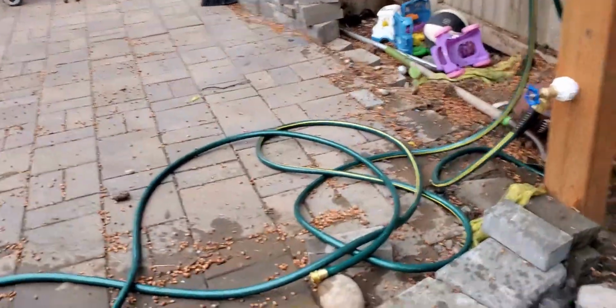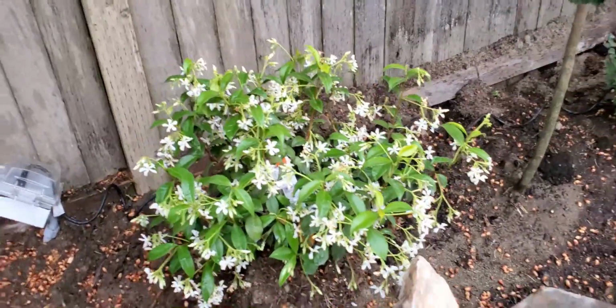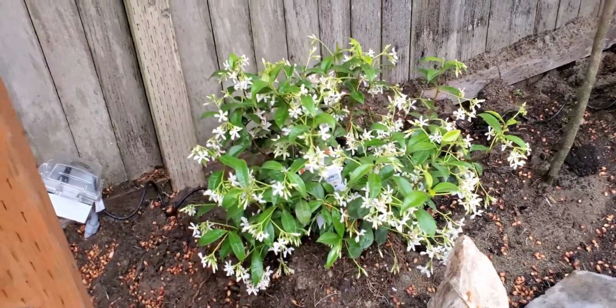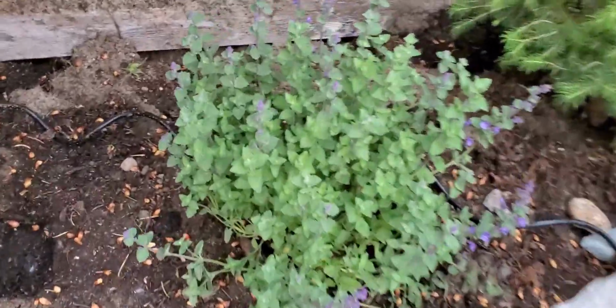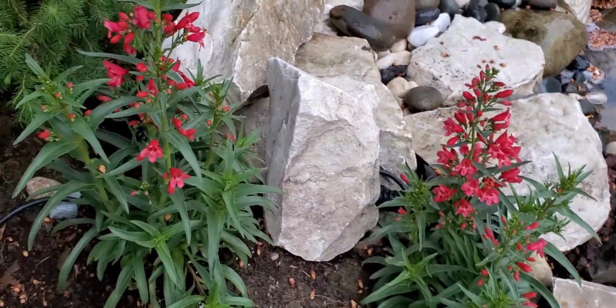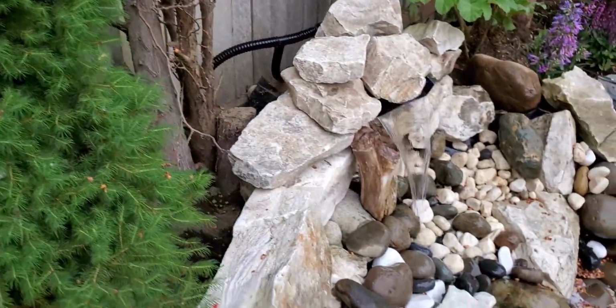Okay, so here we go. So there is a very awesome jasmine. Smells really good. And there's another plant right there. There's some kind of mint and this beautiful plant. This one is going to go up to 6 feet. That's what I was told. And so